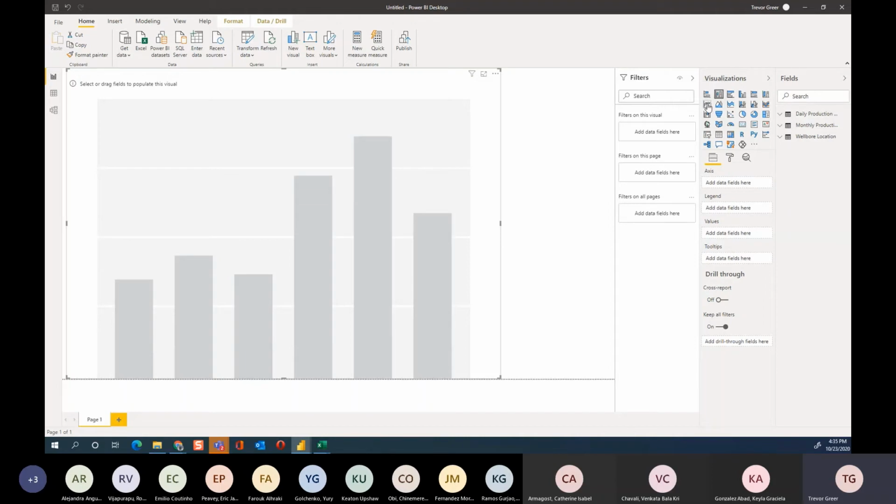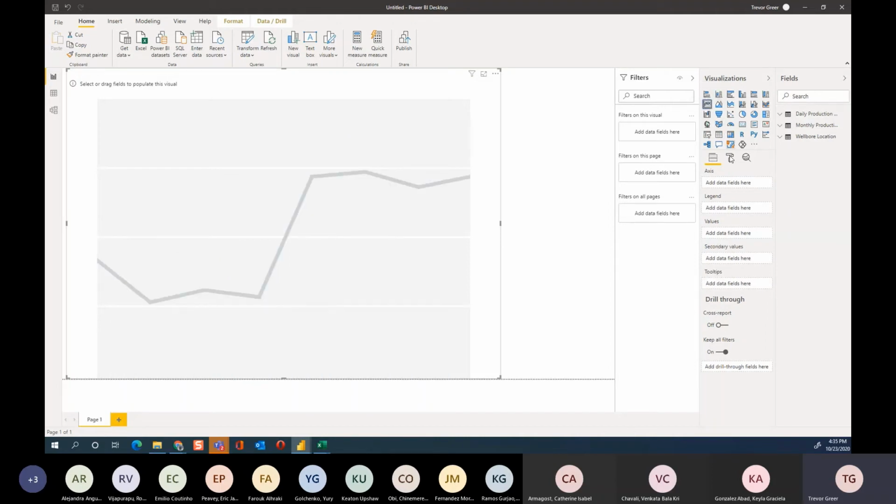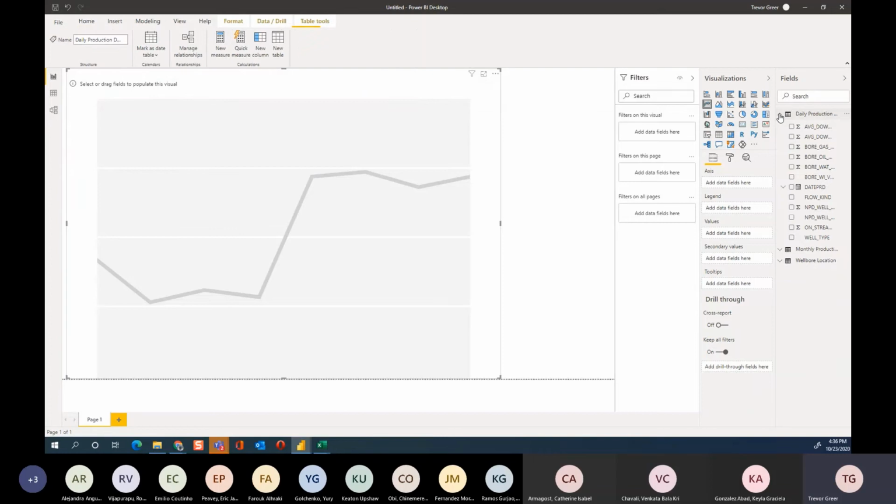So I'm going to click line chart here, and then I'm going to add our data fields here for axes and values. So on the right hand side, we have our fields, and daily production is what we're interested in right now. We want to open up that one, click the little drop down next to it, and then our axis is going to be our dates. So we want to do an overtime chart for production. So we have this one column here, date PRD, date of production. I'm going to drag that to our axes,